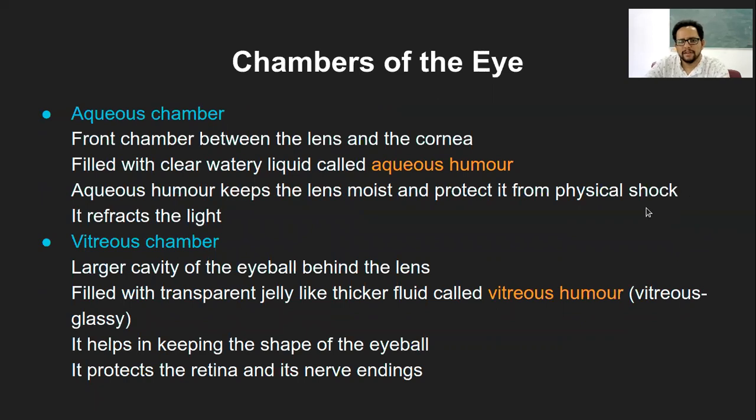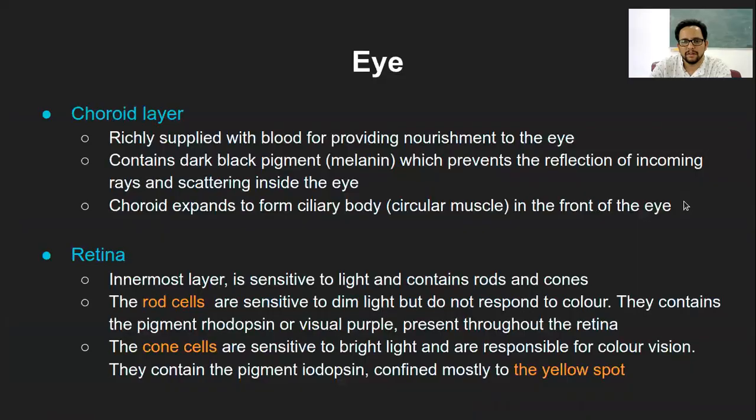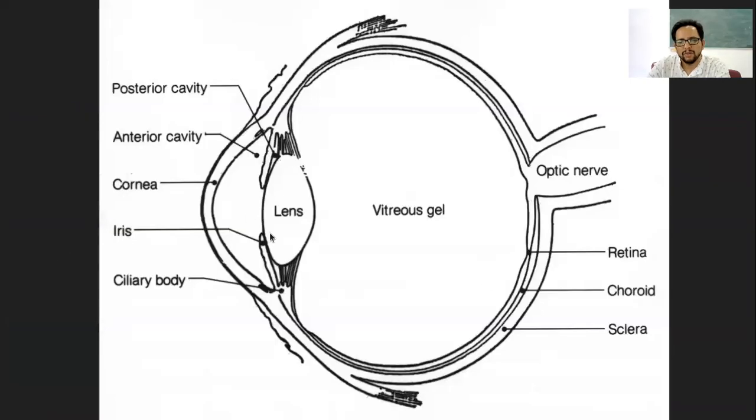And then I guess this is the last part in terms of structure of the eye, that is the aqueous chamber, which is the front chamber present between the lens and cornea. Let me show you this particular chamber of the eye. This is the lens structure, this is the iris and this is the cornea. Between the lens and the cornea, this cavity which is a little bulged out is called the aqueous cavity. And next, across the lens, is the vitreous cavity. So this is vitreous and the outside one is the aqueous cavity.